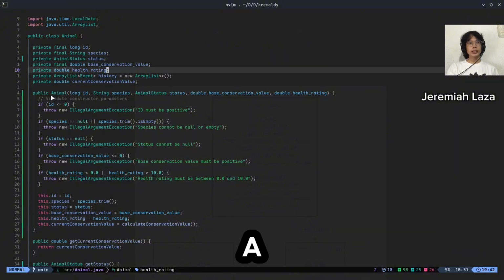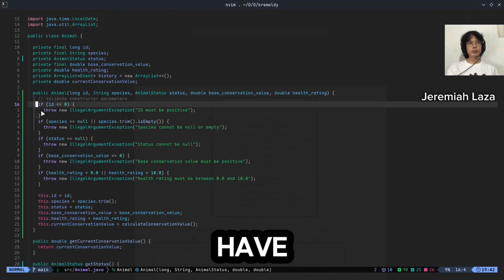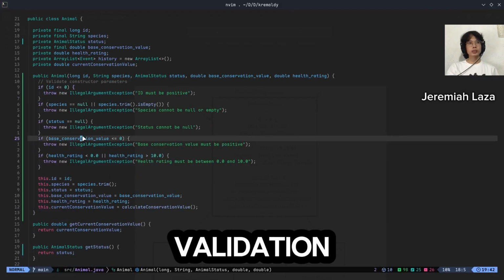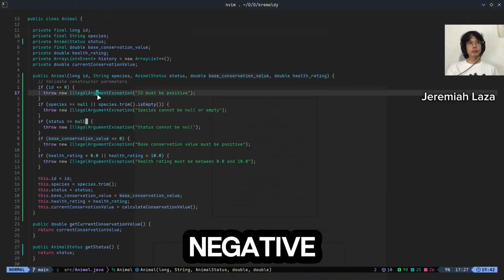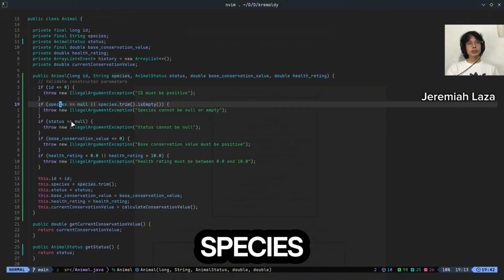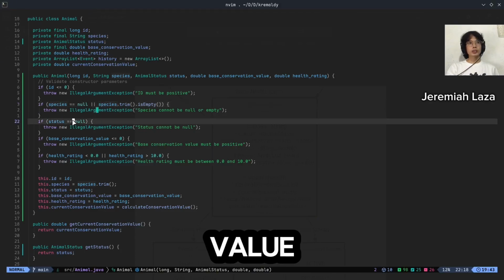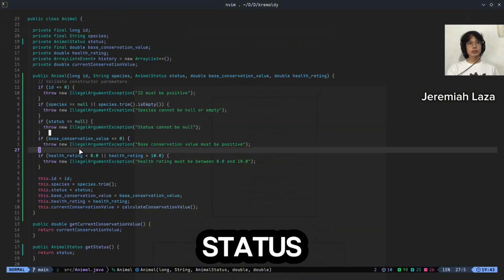Also, we have the constructor, which has several validations. For example, the ID cannot be equal to zero or negative. The species cannot be null, so we won't accept a null value. The same goes for the status.